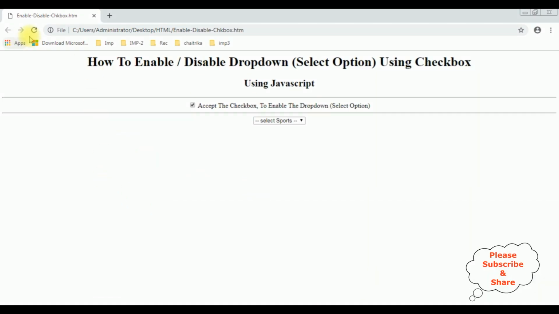Now I am reloading the browser. See, notice here, once I refresh the browser, the select drop down control is disabled. So to enable this, we have to accept the checkbox control. So here the drop down control is enabled. If I unselect, the drop down list control is disabled again. Select,